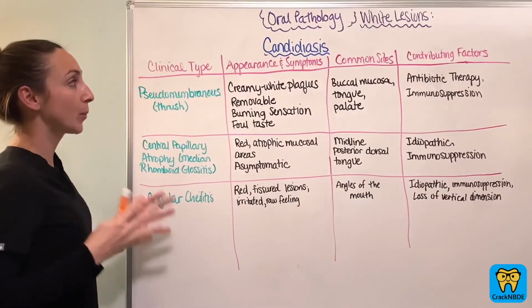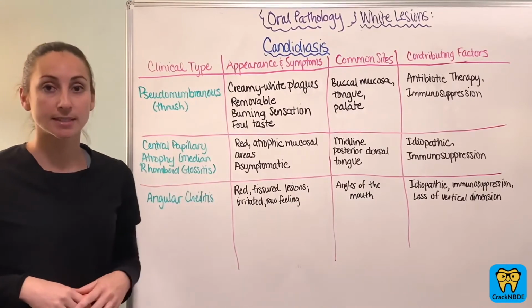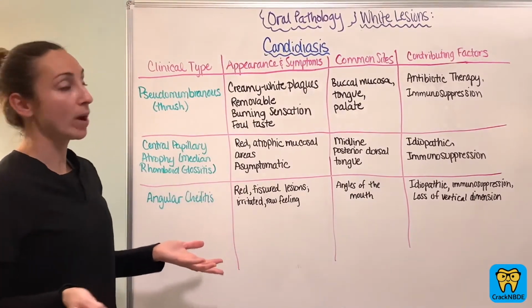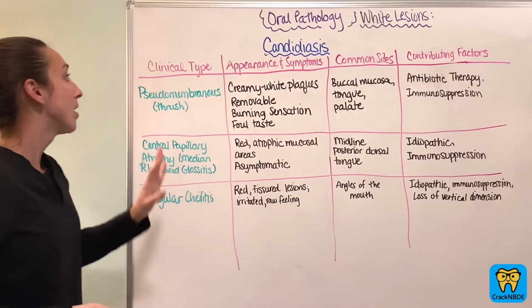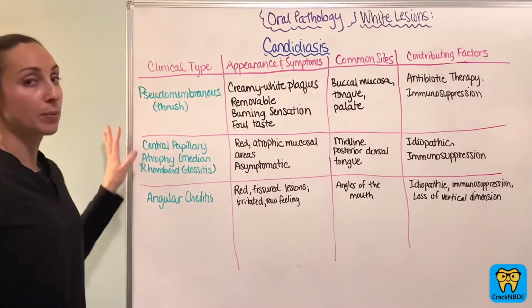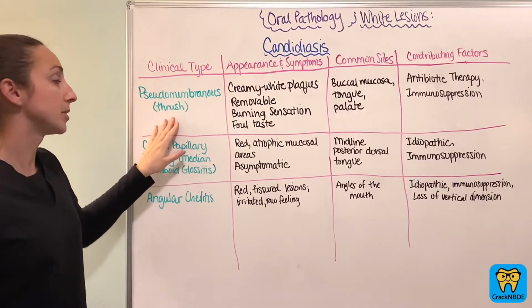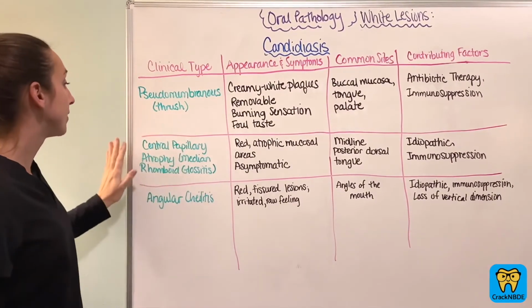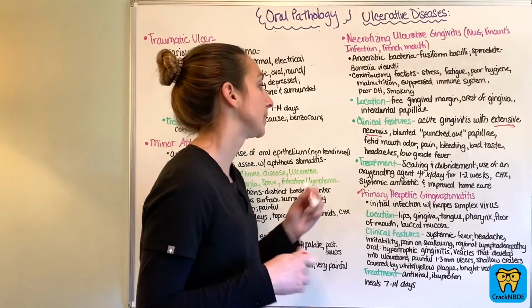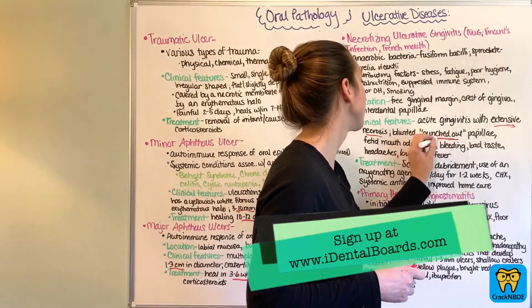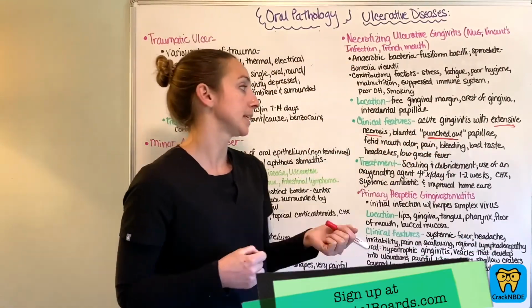We are going to do a quick segment on candidiasis, and we are discussing white lesions. So first off, we have 3 main types that I want you to focus on here. We have pseudomembranous, which is also called thrush. Okay, we have central blunted punched out papilla. Now this is something you'll see for sure. If you get a case study, they'll probably say something about punched out papilla. They'll also